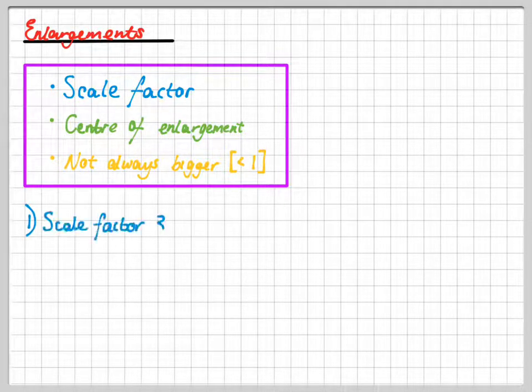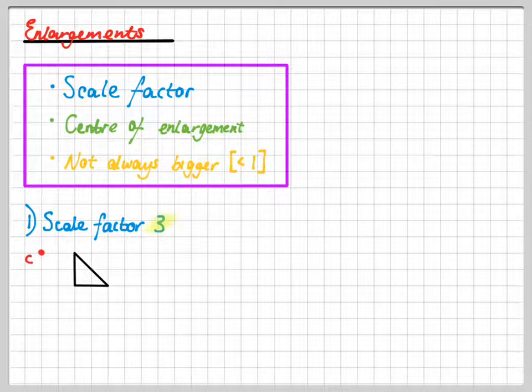Now the first one, scale factor 3, and I'm going to draw a little shape. C is my center of enlargement, and then I've drawn a little right angle triangle. First important thing, and I'd encourage you to do this as well, is the scale factor. Scale factor 3, I've just highlighted that. What that means is I'm going to try and make this triangle 3 times as big in its enlargement at